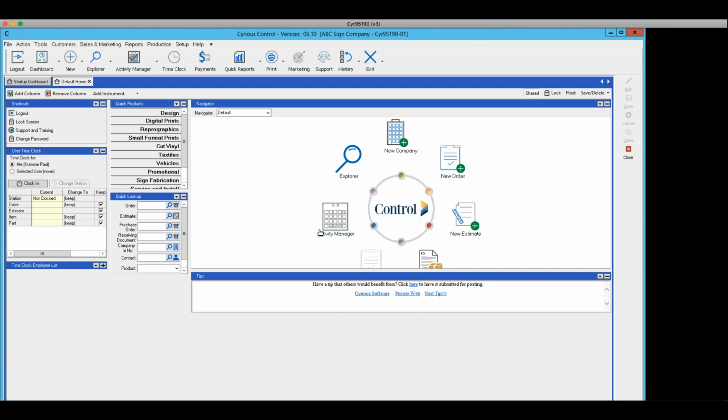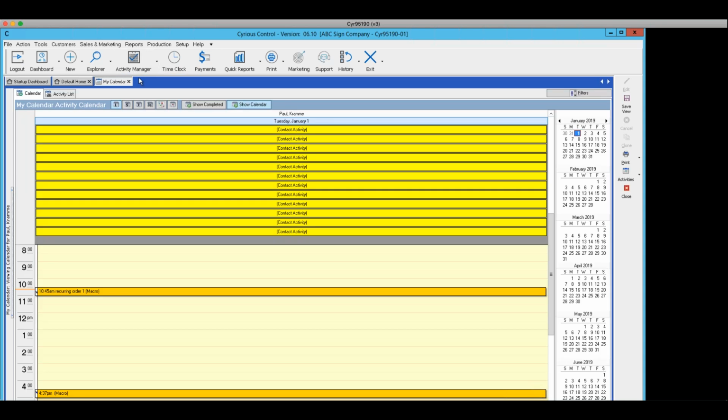Activity Manager can be accessed from a navigator section of this dashboard, or I can go up to the taskbar and choose the activity manager there. So if I do that and choose my calendar, okay, now what we're going to do is start at the top and work our way down and discuss some of the key attributes of the